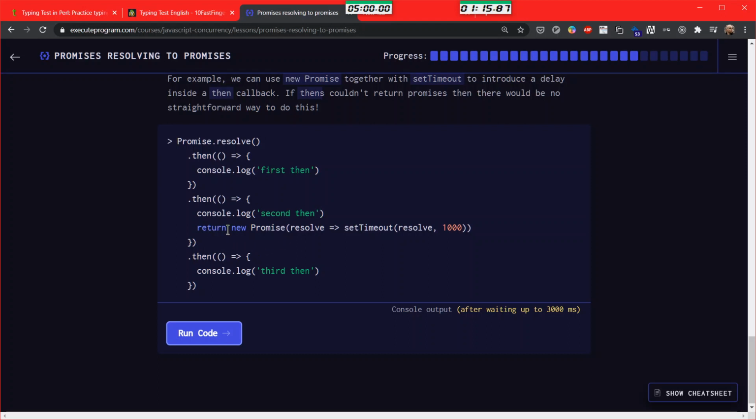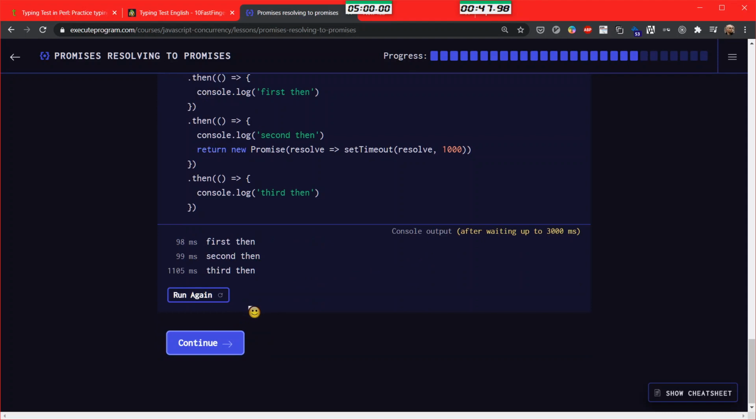But we will be returning a new promise, and it will call resolve after 1 second. And then we will get third then. So first and second then will be printed out immediately, and then this guy will be after 1 second or so. Yeah, cool.